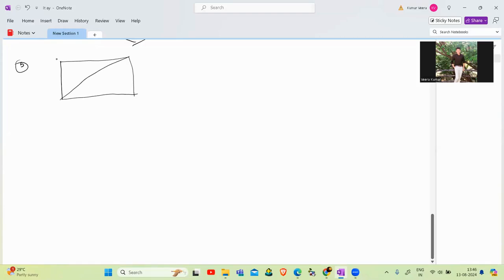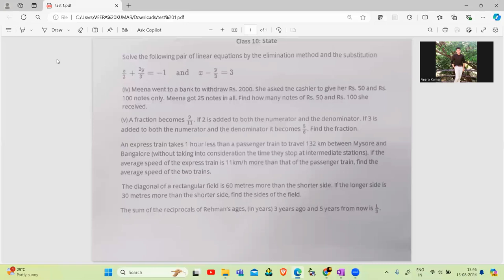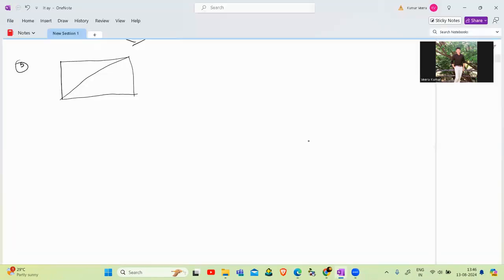This is the diagonal. The diagonal of a rectangular field is 60 meters more than the shorter side, and the longer side is 30 meters. So let me take the longer side as 30 meters, and x as the shorter side. So this will be how much? 60 meters more. Here the 90 degrees forms, so it looks like Pythagoras theorem. Therefore, let the shorter side be